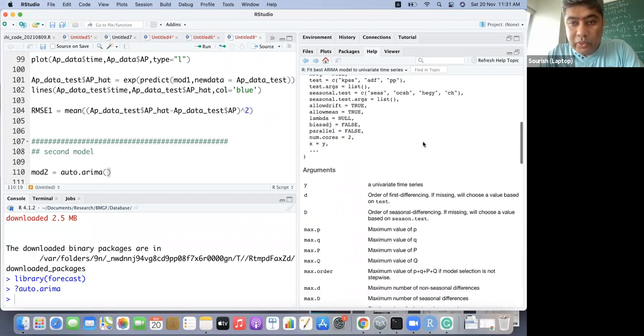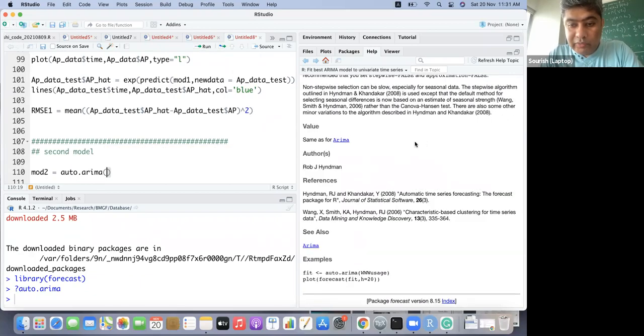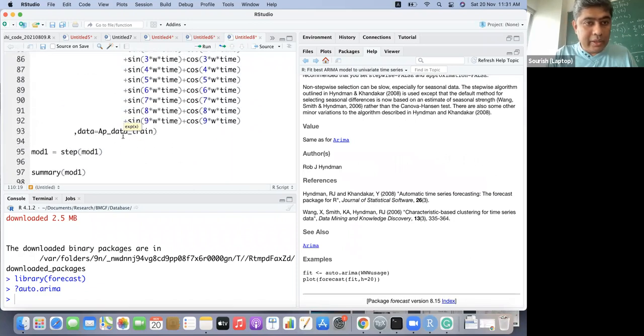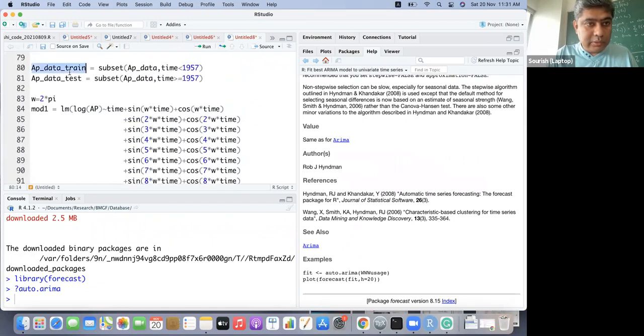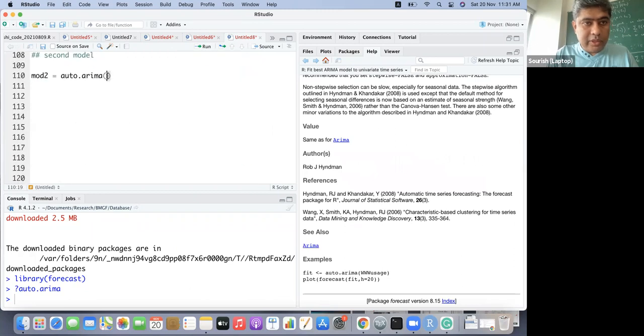So what we can do here is give AP train$AP. Let's see what it does as a default.